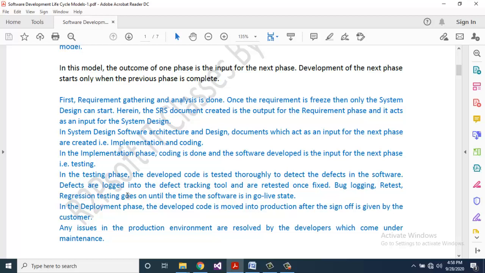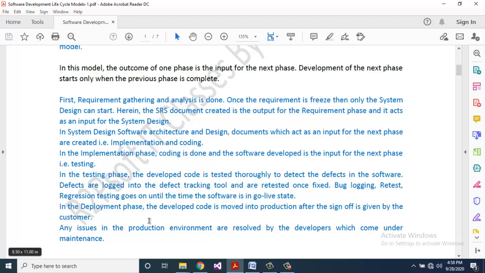Defects are logged into the defect tracking tool and are retested once fixed. Bug logging, retest, regression testing goes on until the time the software is in go live state.